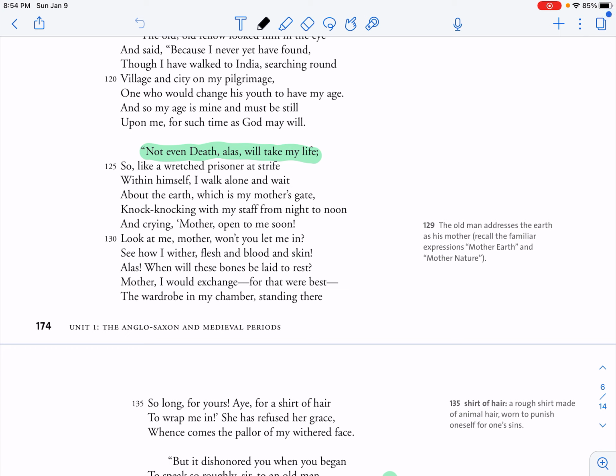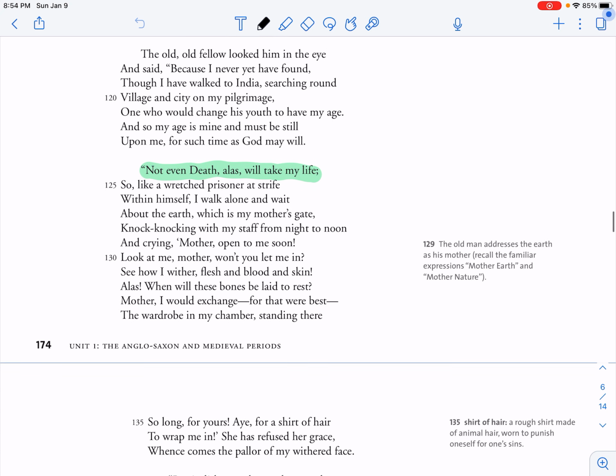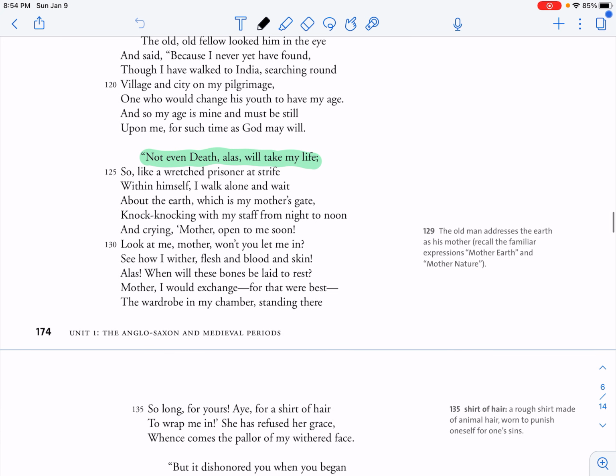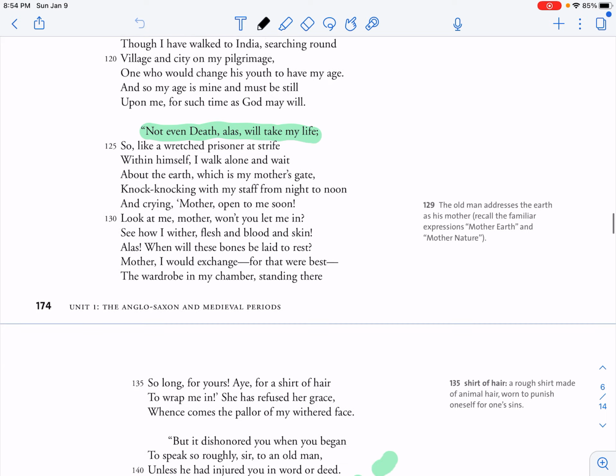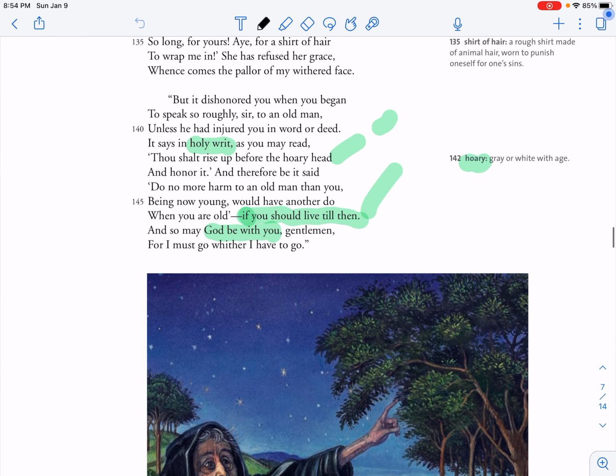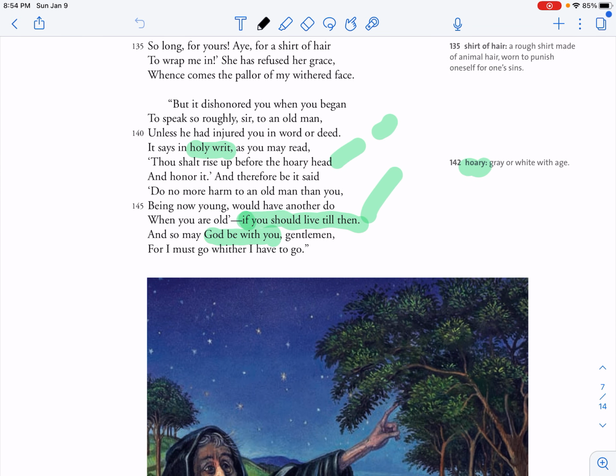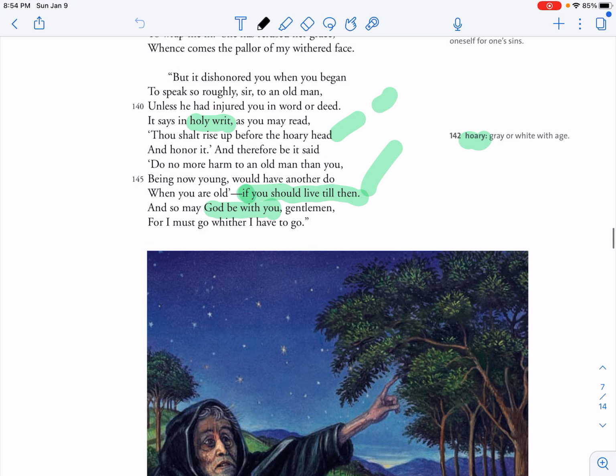And this old man here says that he wants to die. So he's like excessively old, and he keeps pounding on the earth to let him in, for his bones to rest in the earth, because he's so weary of living. So he's kind of strange, because we don't really know who he is. I mean, who is he that he can't die? And so there's a little bit of mystery here and some allegory, right? What could he possibly represent? What could he possibly be symbolic of? Well, we'll see at the end. Now,